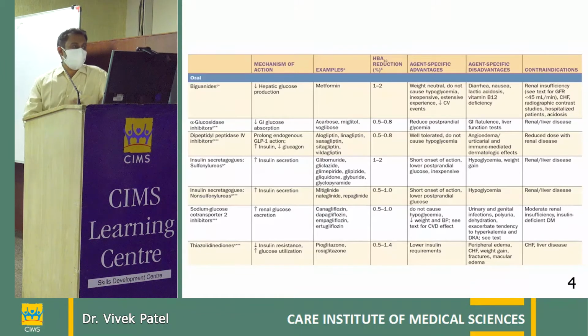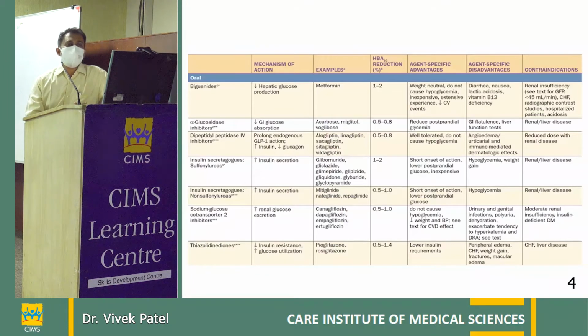One is acarbose, the brand name is Glucobay, and the other is voglibose. Many different brands are available. The common dose is 25 to 50 milligram for acarbose thrice daily. Because it causes decreased glucose absorption from the gut, it needs to be taken with every meal, and it has to be taken before each meal, because it will work only in the meal in which it has been taken.